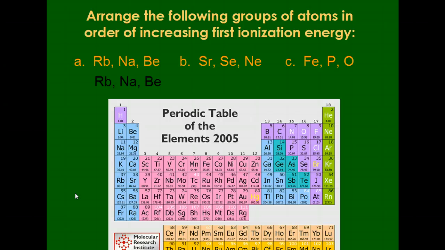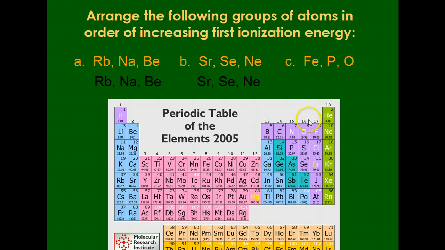Strontium, selenium, and neon are my next choices. There's strontium, there's selenium, and there's neon. Again, our smallest is the one that's closest to francium, because it's going to require the least energy to give up an electron. So strontium will have the lowest, neon will have the greatest, being the furthest away, and selenium will fall in between. Finally, we have iron,